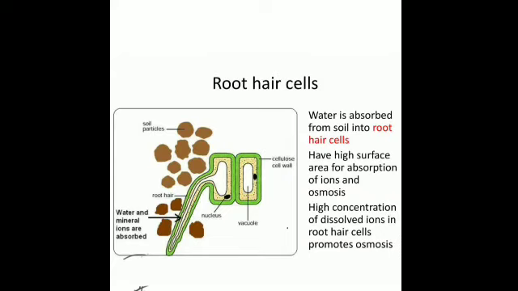So these are the adaptations or features of the root hair that help in the effective absorption of water by the root. Then how does this movement of water molecules take place in the plant? It takes place by three processes, that is diffusion, osmosis and active transport.